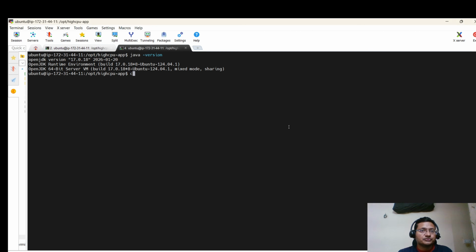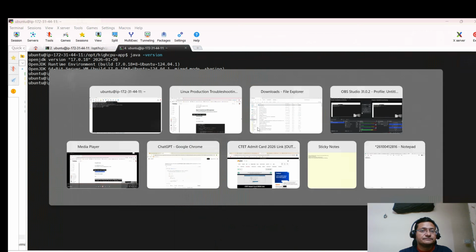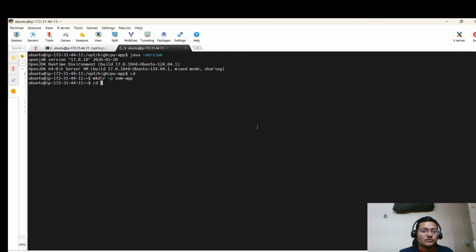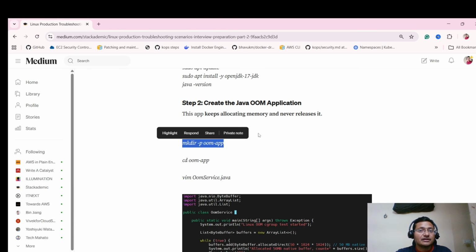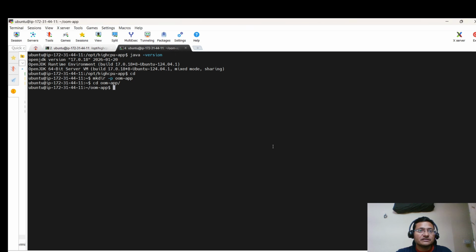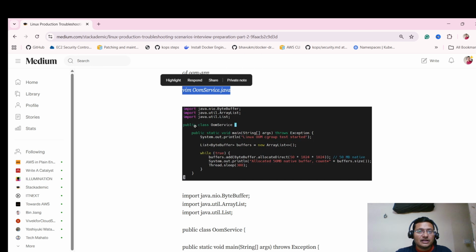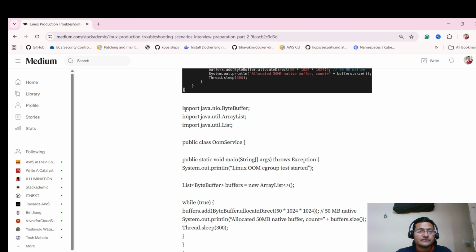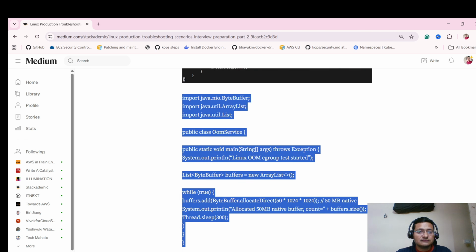So let's go to home directory once and let's create this. Let's go inside this folder, OOM app, and let's create another file, OOMService.java. And this is how it's going to look like. So you can copy this code from here again,